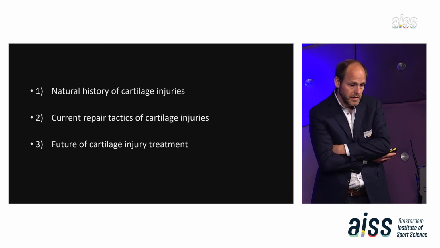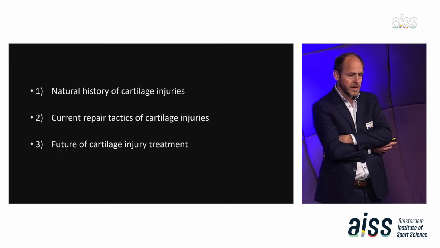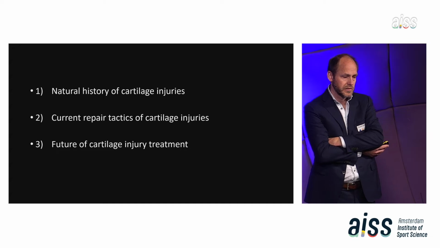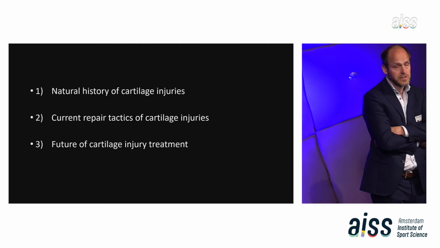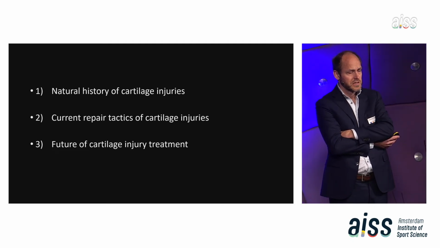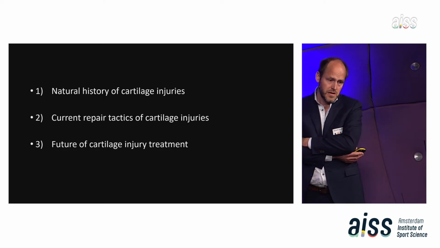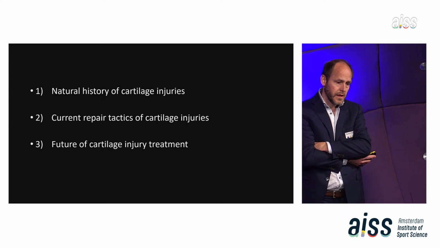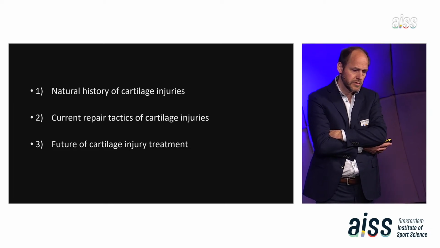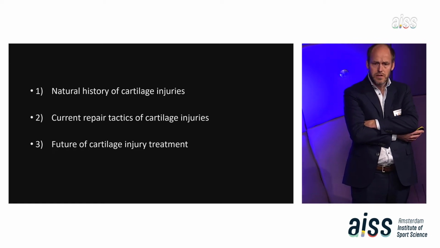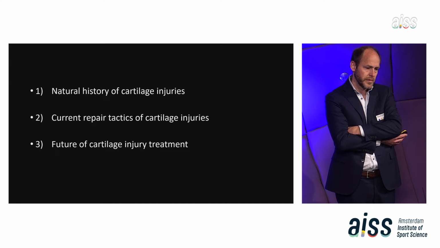So where do we stand? We know that cartilage is a difficult tissue. It's barely alive. We try to regenerate or to stimulate it to regenerate, but it hasn't been 100% successful. The current repair tactics consist of many different strategies, where the surgery is suffering from, maybe, teamwork. Trying a biological solution where psychosocial help is required, but also at a cellular and a biological level, there needs to be more teamwork.